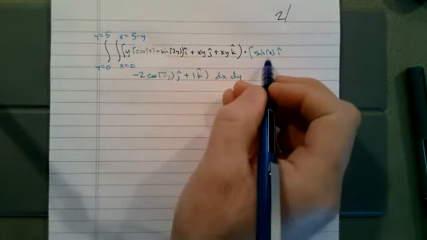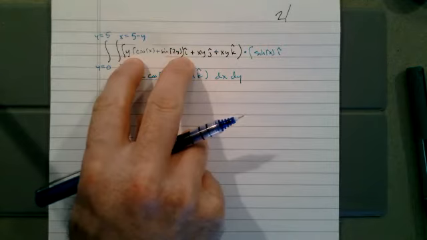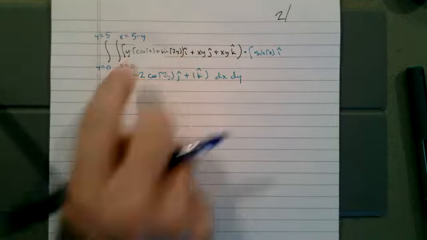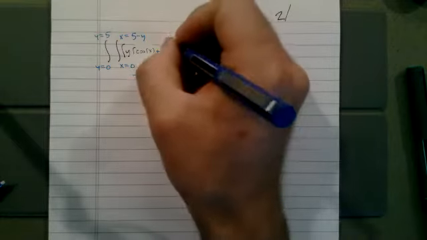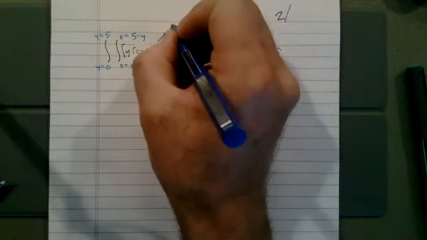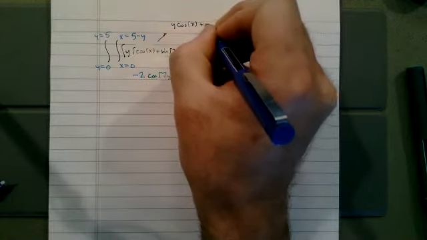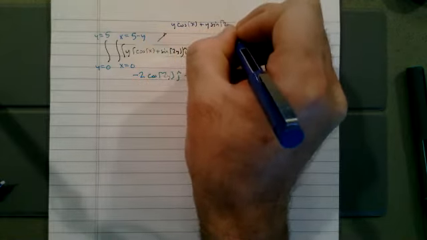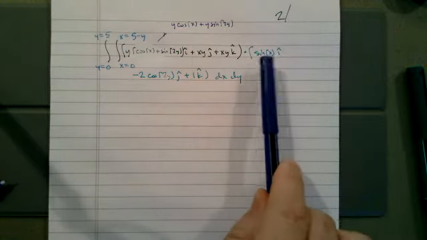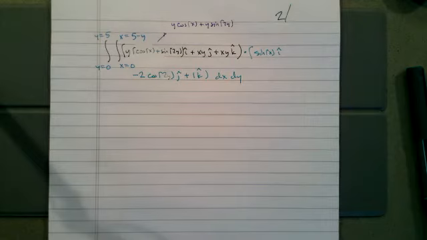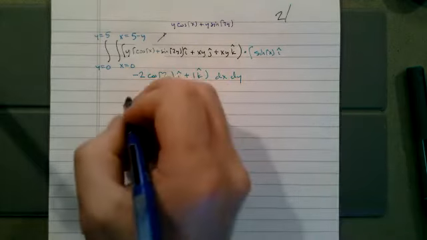So I've got, let's see, I'm going to pull this out because this is all y cosine x plus y sine 2y. So I need to multiply this by the sine over here. So I end up with y cosine x sine x